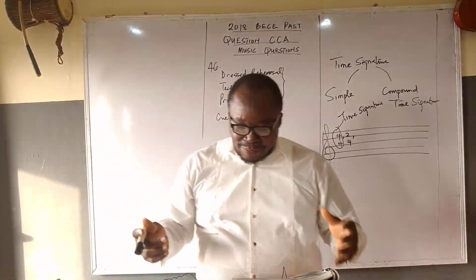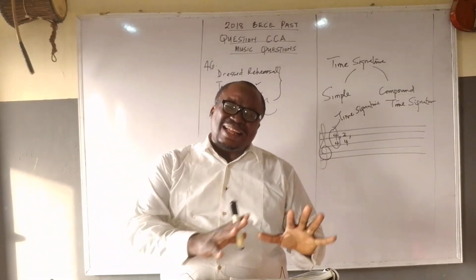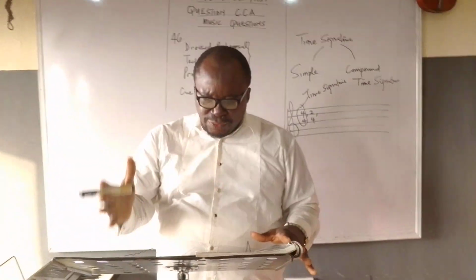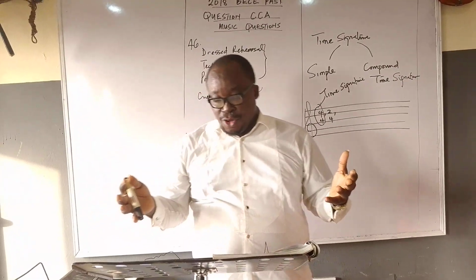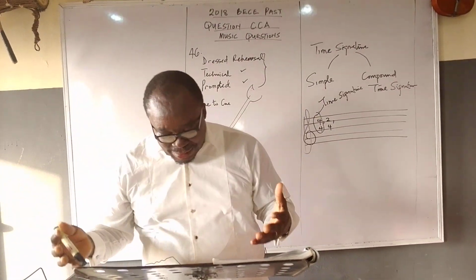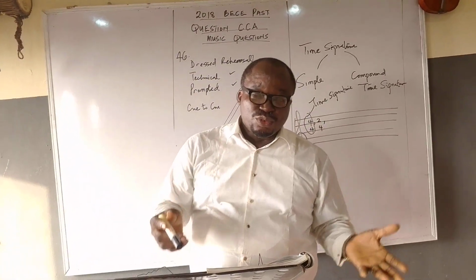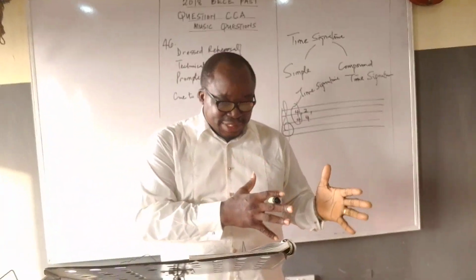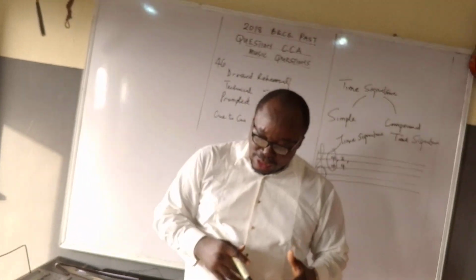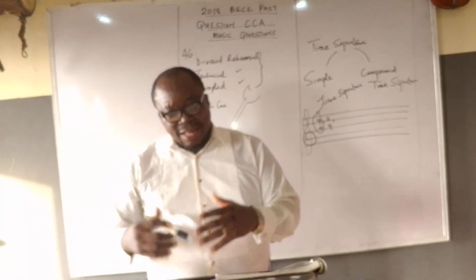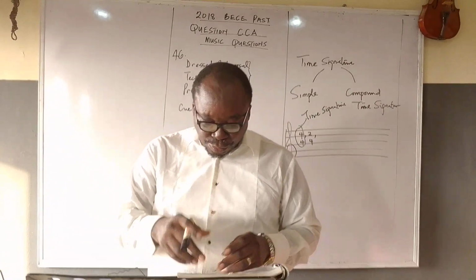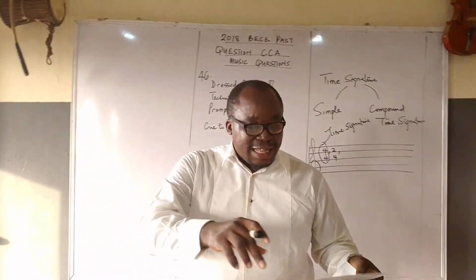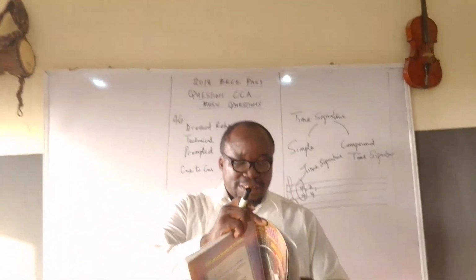Okay, and we also have compound time signature. We also have other types of time signatures, but not for this junior category. We have the complex time signature like 5-4. We have the asymmetrical time signature like 5-2 thereabout. And at times, this time signature can change in a piece of music. You can move from 4-4 to 3-4. We have seen that in so many musical pieces. And I believe as you move on, you will understand it better. Let's move to the next question.